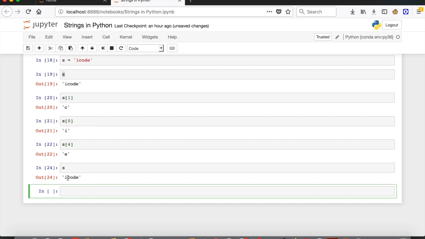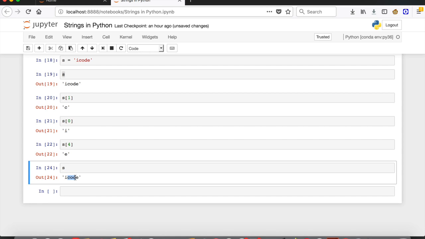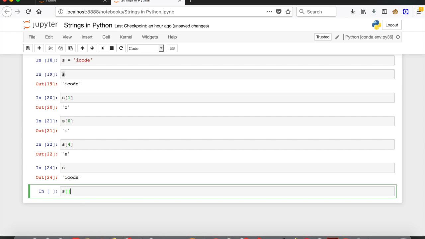And guys, what if you don't want to just print a single character, but a substring? For example, you want to print this particular COD, not just a single character. You want to print a substring now. And Python can help you with that, yes. And let me just show you how. So we're going to use the same thing, the variable, square brackets, and use